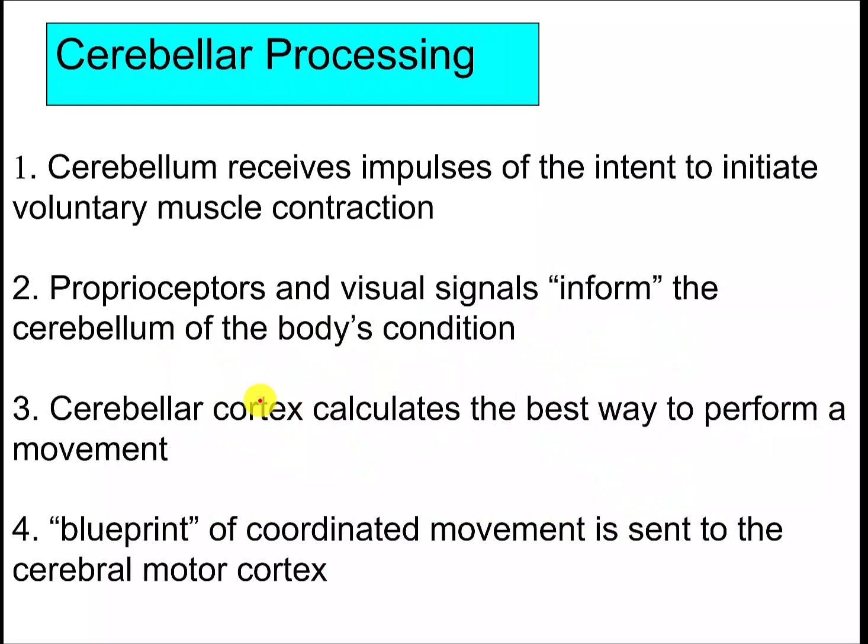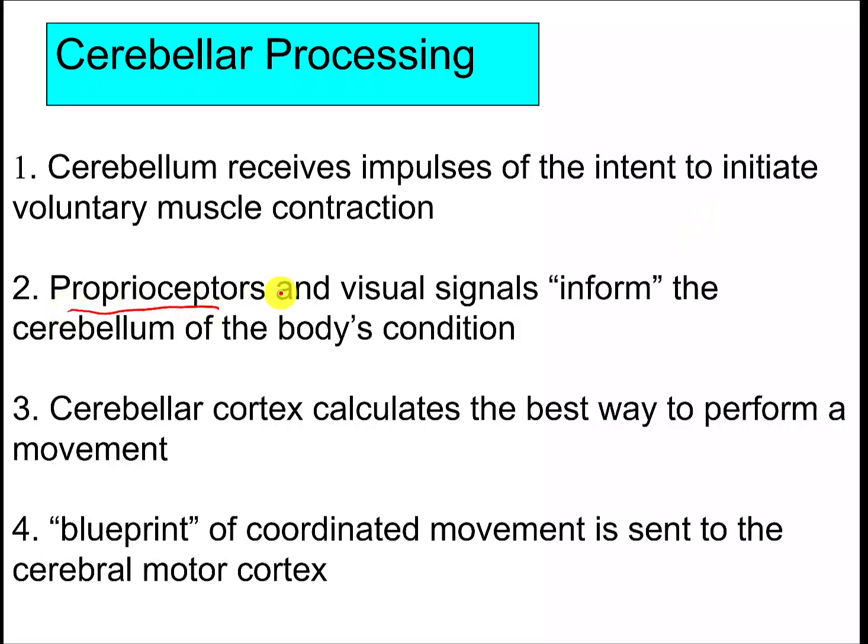So for example, if you're sitting in a chair and you decide you're going to get up and walk to the refrigerator and open the door, the first thing that happens is your cerebellum receives impulses, meaning nerve impulses, of the intent to move. So the cerebellum gets a message, oh, the body wants to get up and walk over to the refrigerator. Then